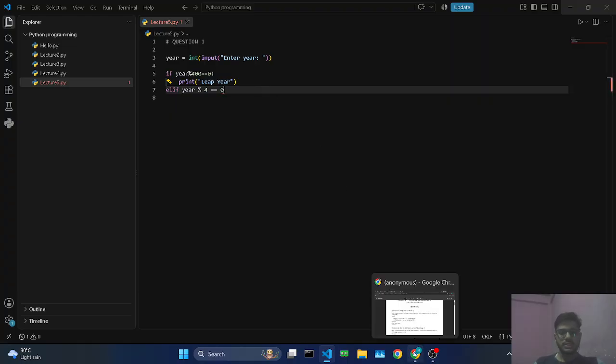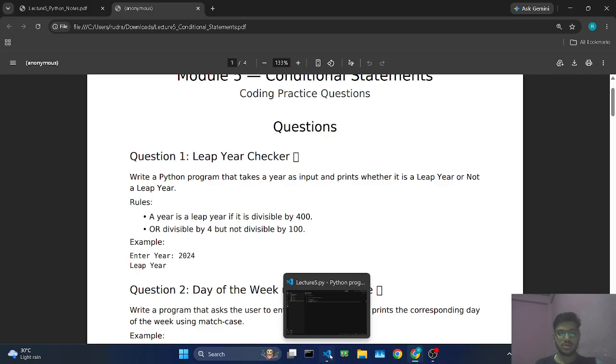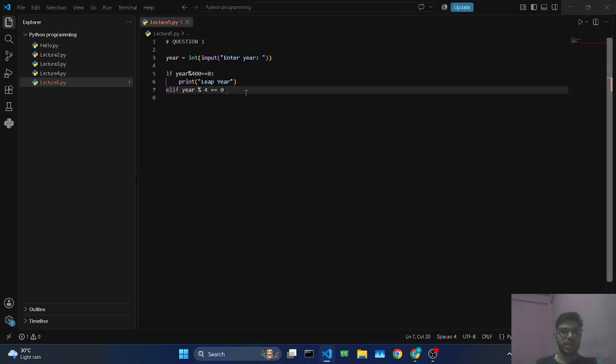Now in this condition, as you can see, there are two conditions in a condition. Either this should be true, or both of these should be true. So it should be divisible by 4 but not divisible by 100. So divisible by 4, and when both conditions should be true, then we use